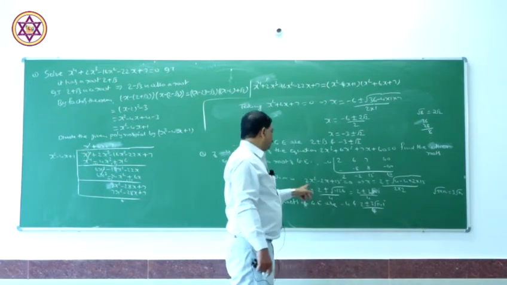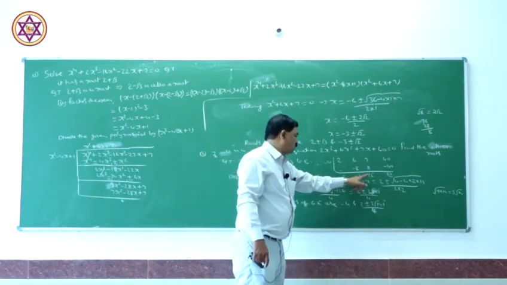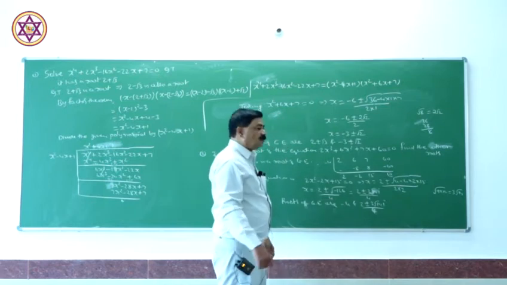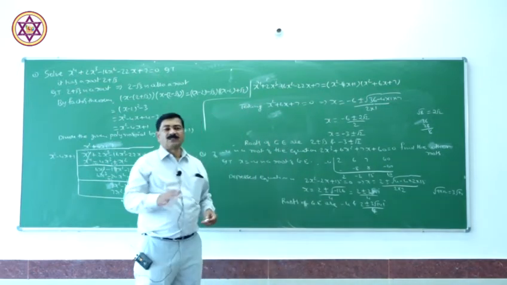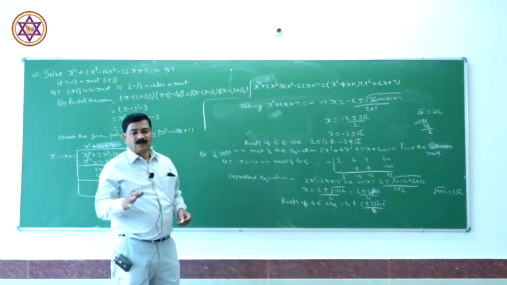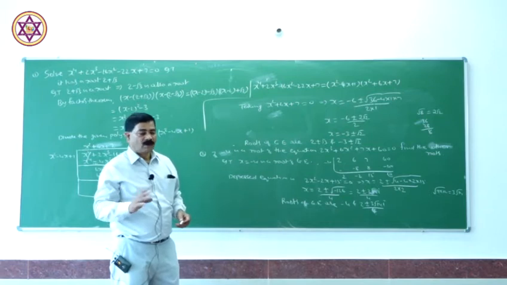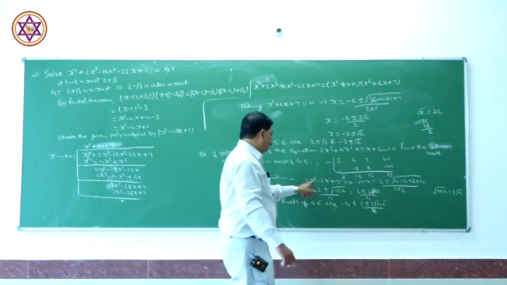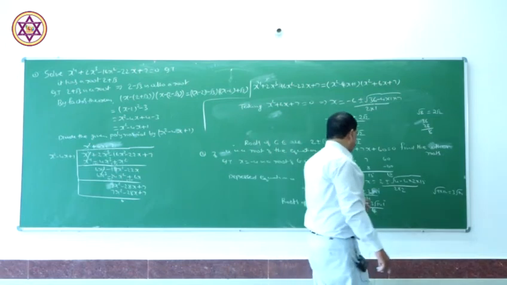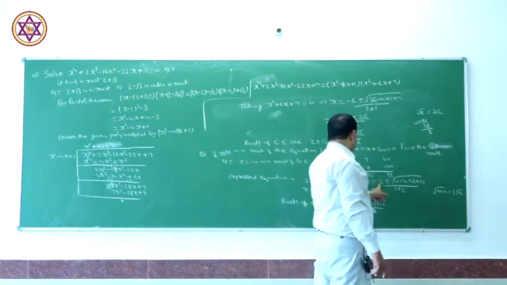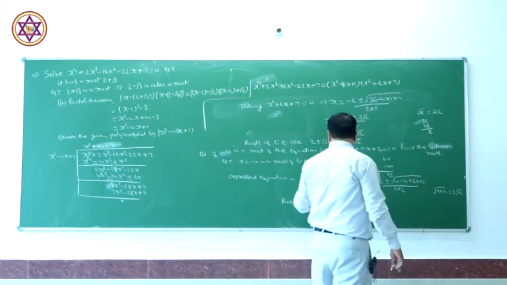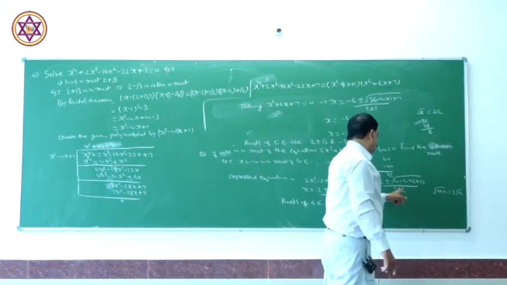Therefore, the depressed equation is 2x squared minus 2x plus 15 is equal to 0. Again I am using the formula x is equal to minus b plus or minus root of b squared minus 4ac divided by 2a. Here a is 2, b is minus 2, c is 15. Minus b is plus 2, b squared is 4, and 4a c is 4 into 2 into 15. So, we get here